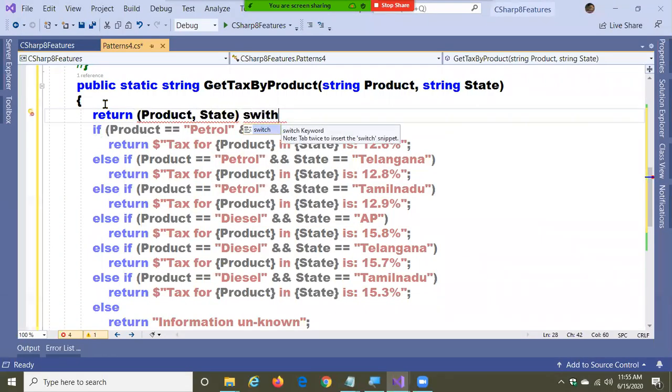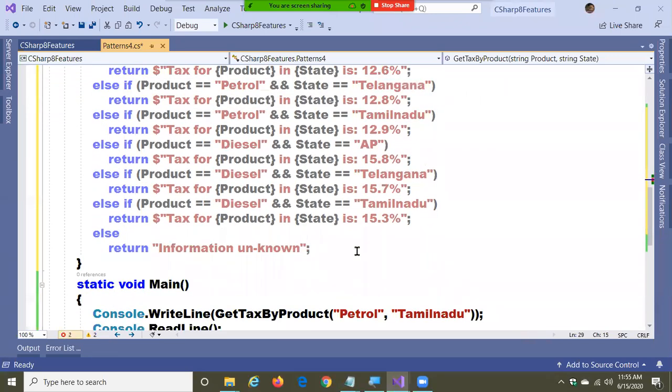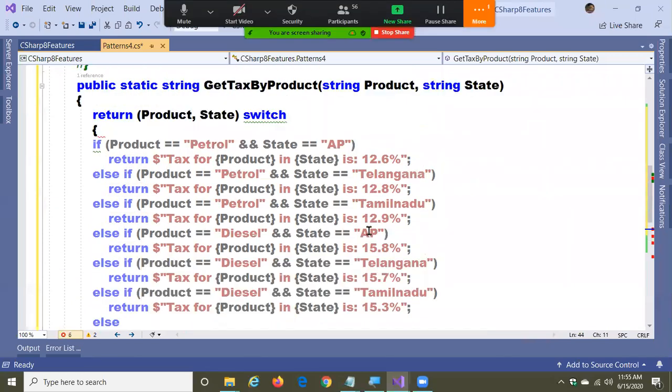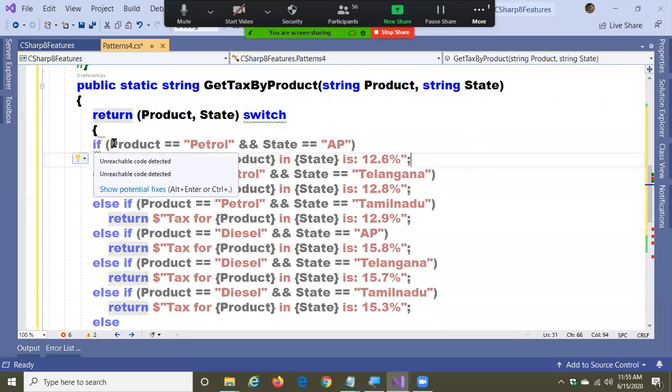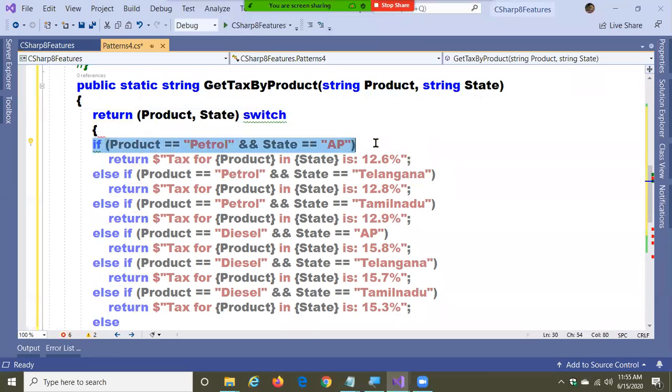Switch. Okay. And now you can simplify things. How? Curly braces. And there is no need of this much code now.